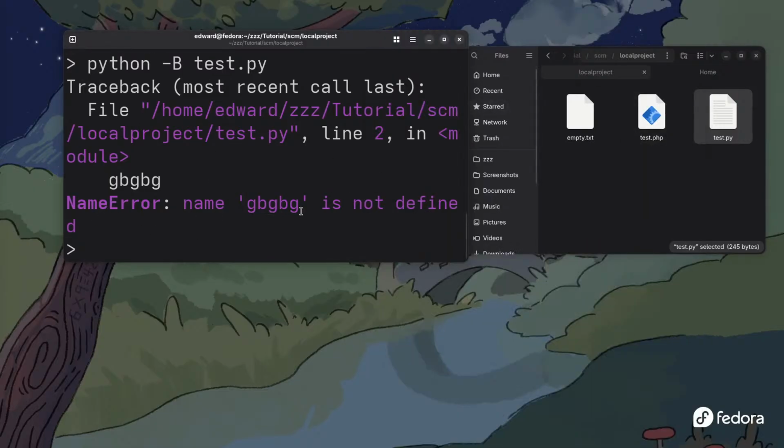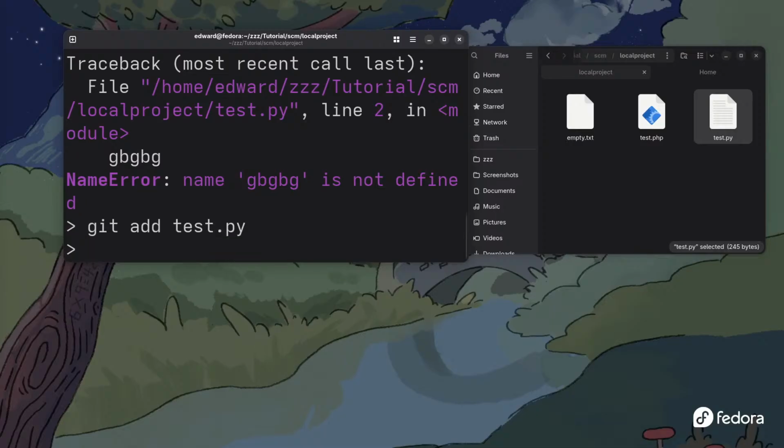So it says name error, whatever is not defined. That's exactly what we want. So what I'm going to do is I'm also going to add this to the stage. I'm going to stage this as well, so test.py. Now, if I run the commit, if I say git commit